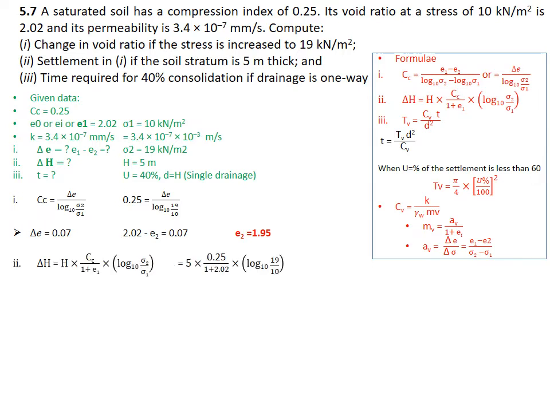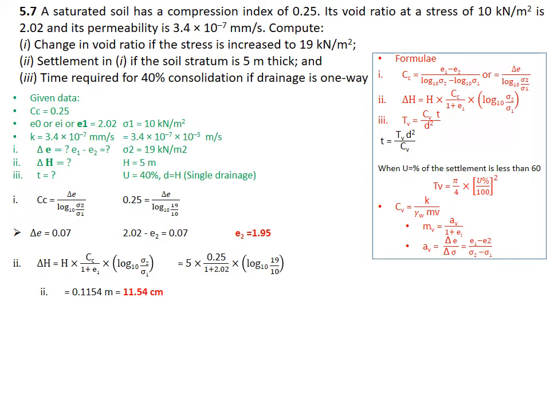Now we'll go to the second problem, which is delta H. So as we know the formula, whatever known values we have, we'll try to put in. So it's almost a straightforward problem. So directly if you put all the values, you can get the value for delta H, which is 0.1154 meters. So as we have discussed and as we have seen in all the problems, generally the settlement is presented in a good format, not in decimals or not even in a very large number. So you have to select a unit accordingly, even though 0.1154 is also correct.